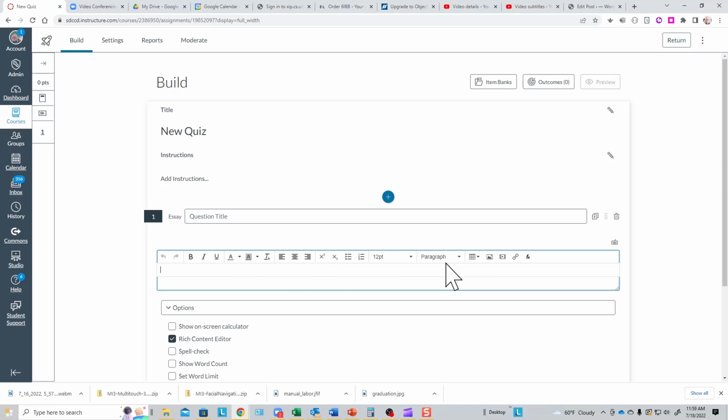And up will come a partial version of the old rich content editor. Eventually, Canvas is going to make this the new rich content editor. And this process will become much more simple at that point in time. But for now, in order to embed that Films on Demand video within a question, within the question text, like here's a video,